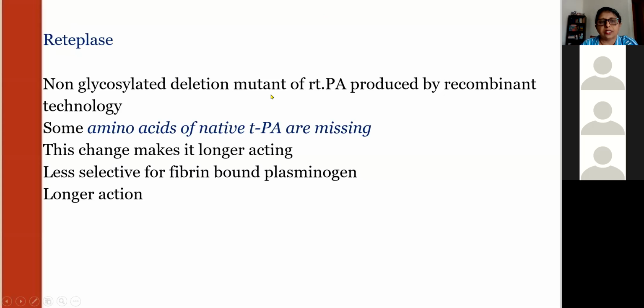So here, reteplase is actually a mutant of the rtPA. It is again produced by recombinant DNA technology. Mutant means some amino acids of the native tissue plasminogen activator will be missing. Compared to others, it is selective, but less selective for fibrin-bound plasminogen. And another thing, reteplase has